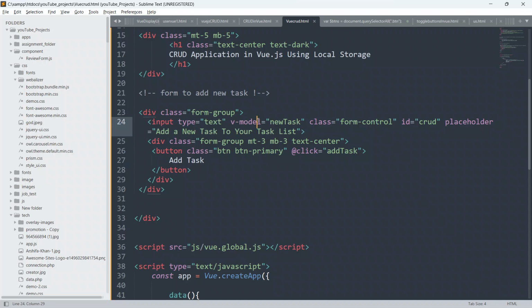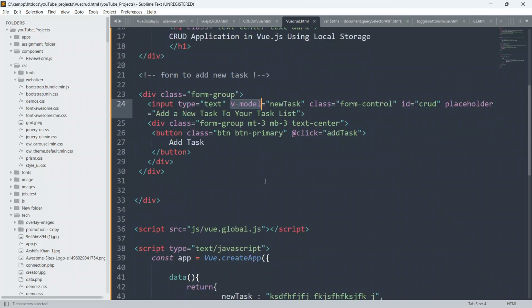It will only work on input fields: check box, radio button, select, option. That's it, otherwise it will not work. So generally we use v-model for two-way data binding inside our Vue.js application.